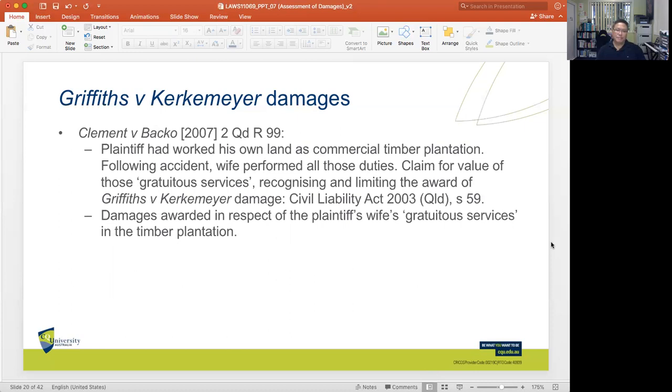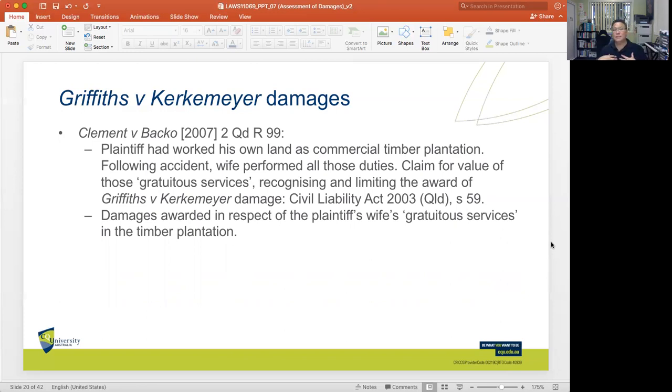In Clement versus Bacco, this was a situation where the plaintiff had been working on his own land as a commercial timber plantation. There was an accident. As a result, the wife then performed those duties. So in this case, the Griffiths versus Kirkemeyer damages weren't about the wife taking care of the husband. It was about the wife now having to perform duties which the plaintiff used to do when he was not